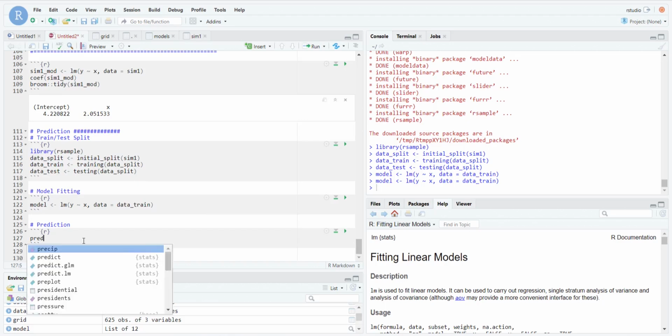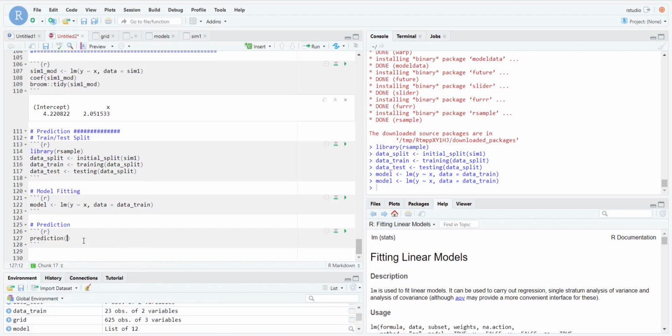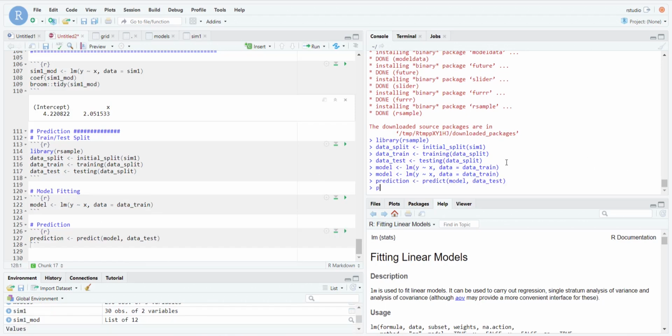And here our prediction would be, we want to predict using our model here. This is a function, again, a built-in function. We put in the model, the result of our fitting. So this is our fitted model. And we want to predict on our test data set. And if we run this,